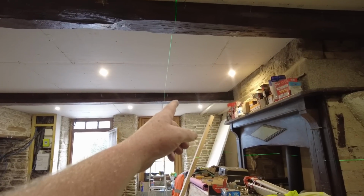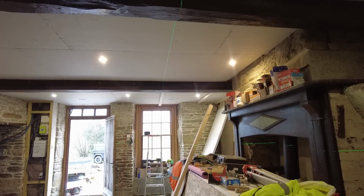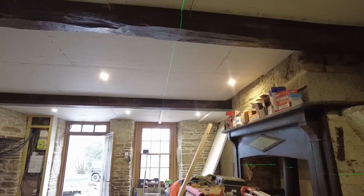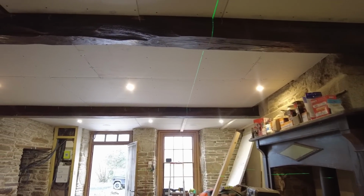You can see there's one missing over there. I've got an intricate cut to do there, so I'm just going to get a tool out to do that, or a hand saw if anything. Anyway, I just thought I'd show you that. That's a good way of using a laser as well. So even if you want to set out on a ceiling, you still can use one of these